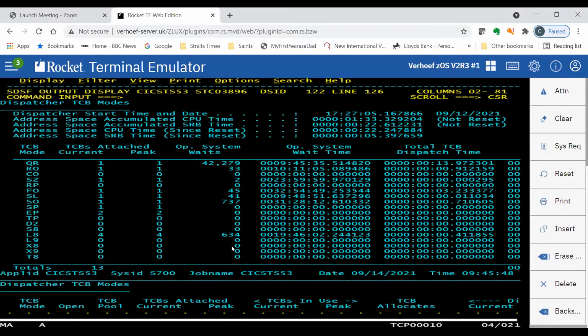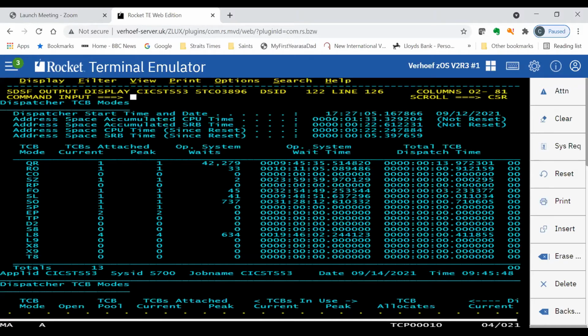So when I see these kinds of numbers, it makes me a bit worried in terms of this percentage, because potentially, because there's only one of these, we could get waits on the QRTCB. So the application's ready to do its next piece of work, yet it can't get the QRTCB simply because there's a transaction or task already occupying it. So that would make me think, let's look at ThreadSafe and see if we can break up some of this and move some of the programs from the quasi-reentrant TCB down into the